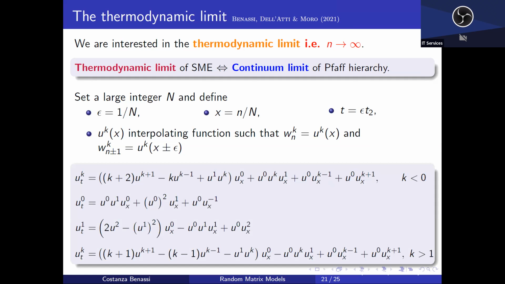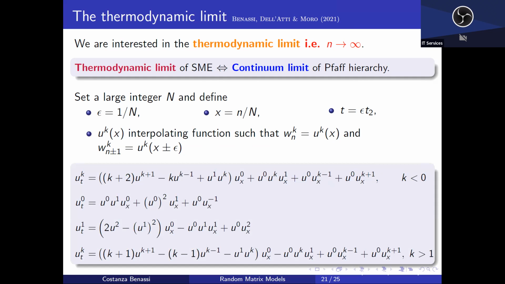And the point is that if you do this, so you proceed with the same scheme of thought that we had for the HME, what you find is that you have actually infinitely many evolution equations for each time. And that, of course, makes sense. You have infinitely many fields.